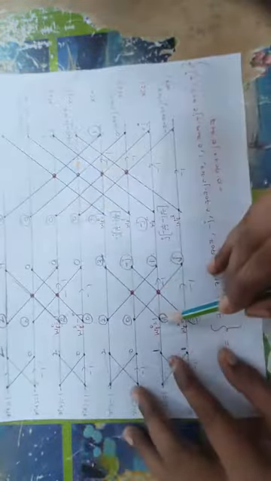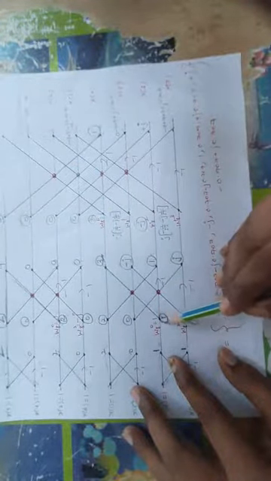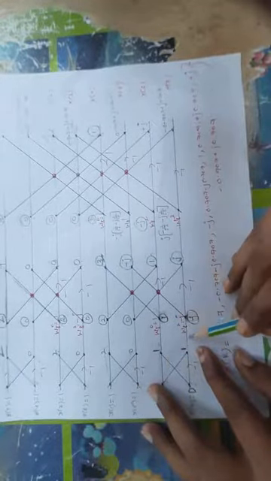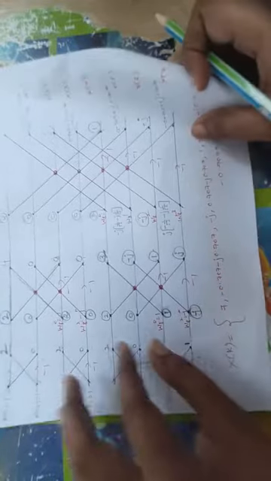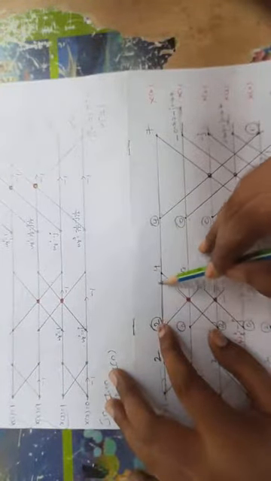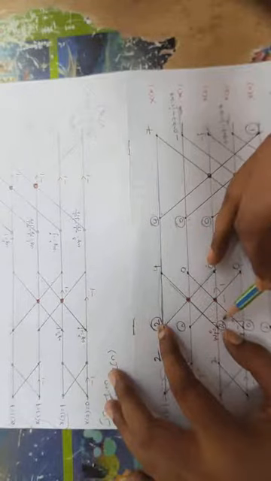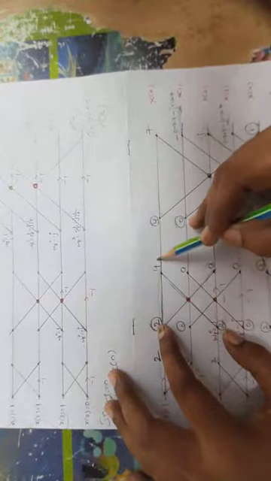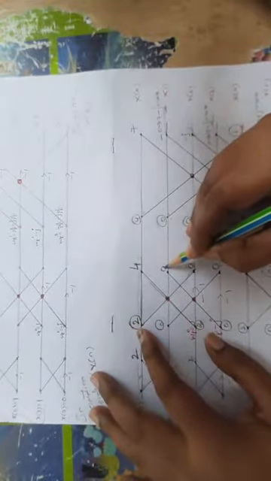Then next, twiddle factor is 1 into 1, here 1 is in that circle. Now we have to note down here the twiddle factor is minus j into 1. What is the answer? Minus j, right? So now the calculation part. Now we have to observe here 2 is there, and which value comes here? This 2. In that circle the value should be 2, this 2 and this 2 we have to add, we get the value 4. Then next we have to observe the next line.